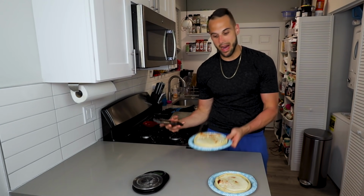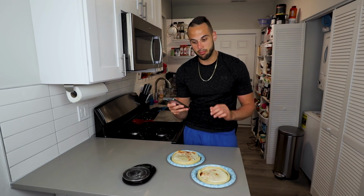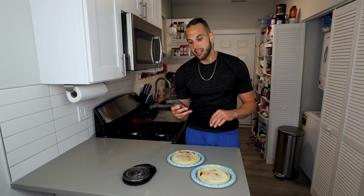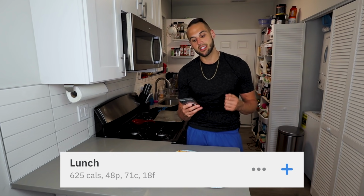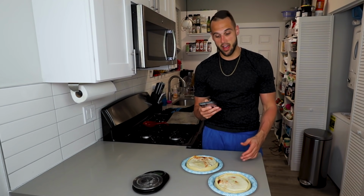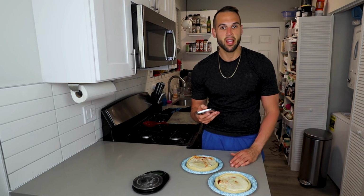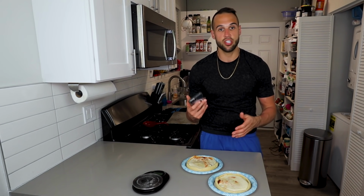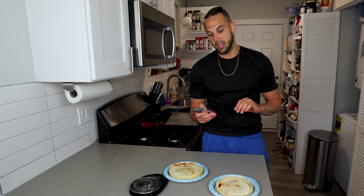So for almost a pound of pizza, we get, and this is not the final calories, I'm gonna keep adjusting and testing, but right now what we're looking at is 625 calories, 48 protein, 71 carb, 18 fat. I understand that the calories are a little bit higher than the protein should be, but we're talking about pizza. You're not gonna get it there unless you substitute a bunch of stuff and you don't make it taste nearly as good. And for the day, I am at